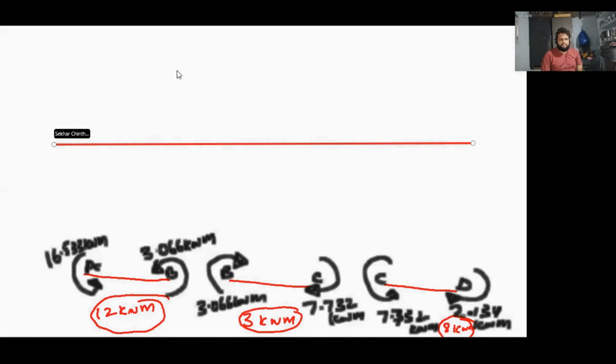Okay. Now in the AB it is showing upwards, that is 16.533, and here it is 3.066. So let me draw it very small. Okay, next one is 7.7. See, now this is showing upwards, this is showing downwards, this is showing downwards. That is the reason my ordinate is downwards here. Next, at C this is upwards and this is also showing upwards. So this is my ordinate value. At D again it is showing upwards, which is very, very small.